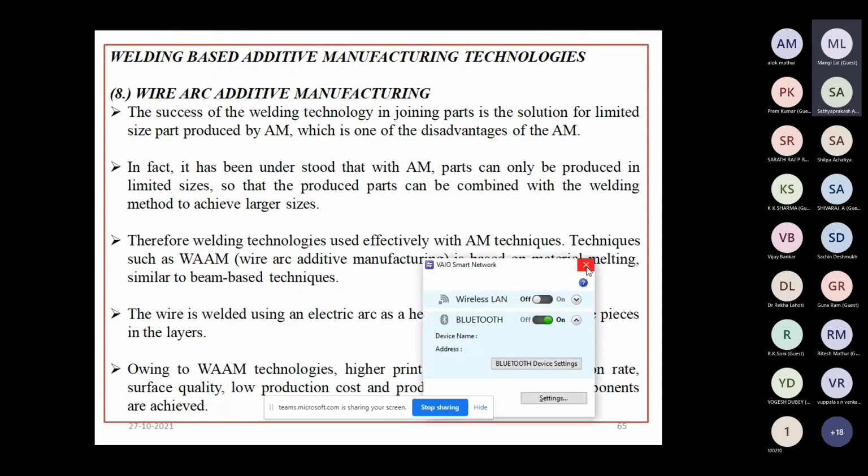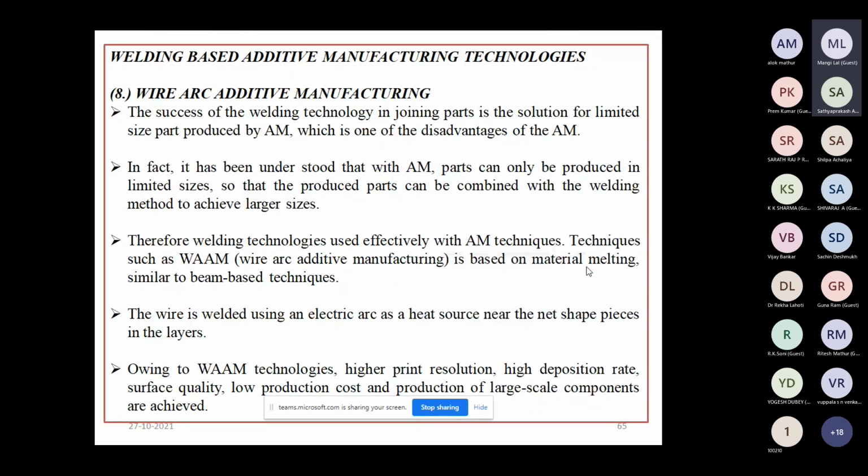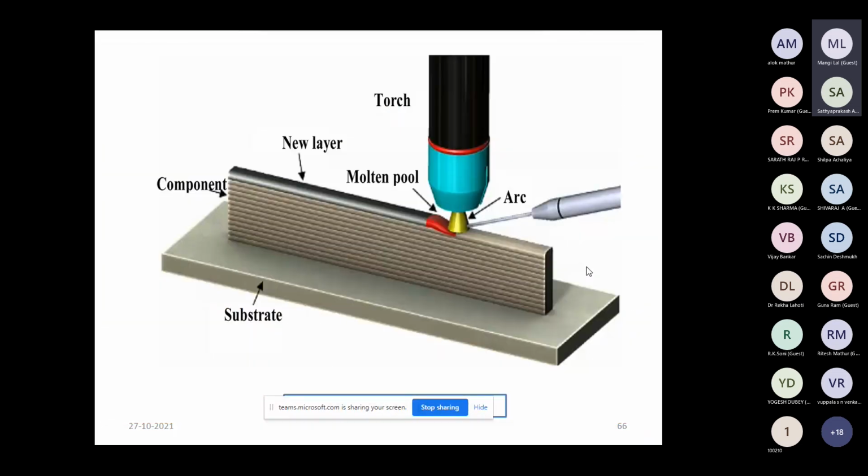So one of the techniques is welding based additive manufacturing. In welding based additive manufacturing, one is the wire arc additive manufacturing technique. Wire arc additive manufacturing is just a welding technique in which we use feed material in the form of wire, and a heat source in the form of a welding torch.